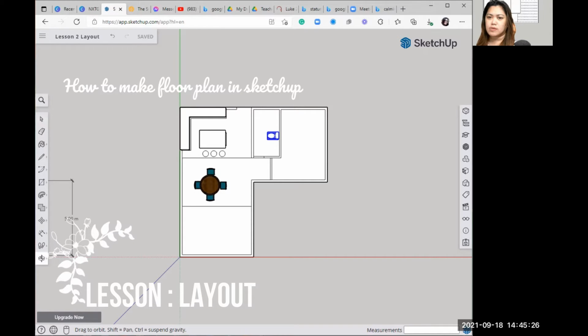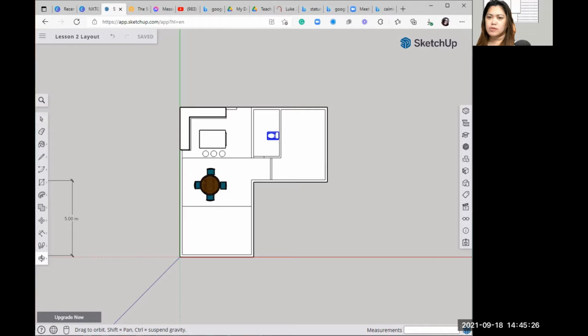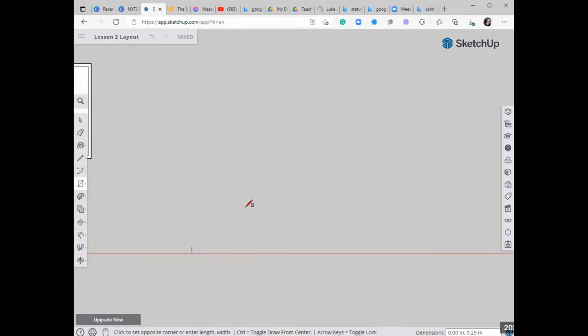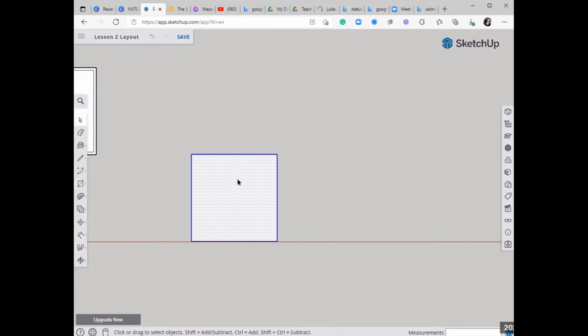Today I'm going to teach you how to do a layout using SketchUp. So first, we need to make a square. The command is R or rectangle. And then 5 meters by 5 meters is 5 comma 5. You just double click it and